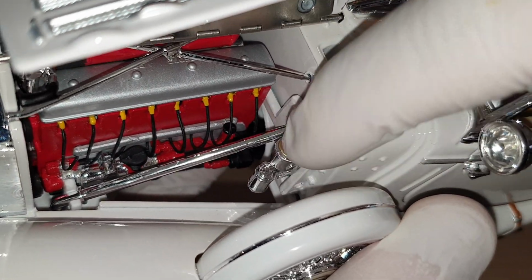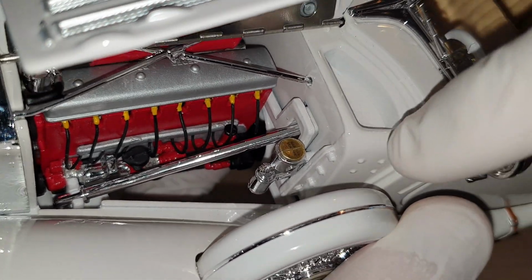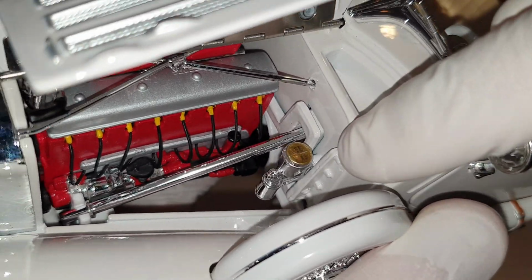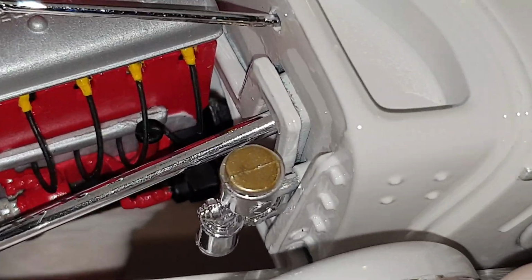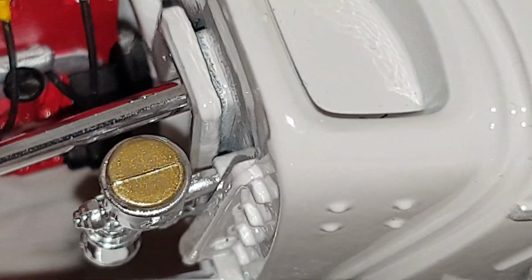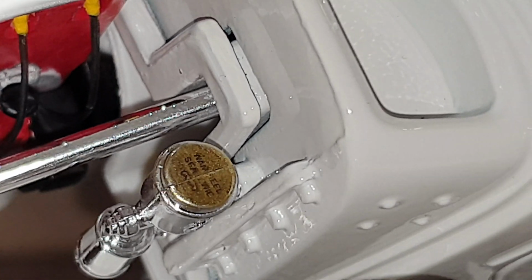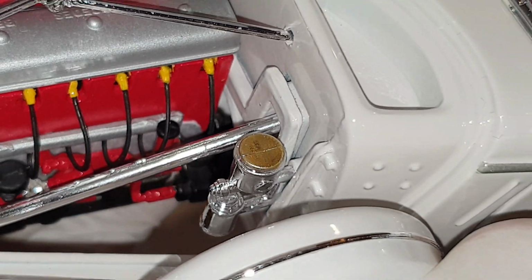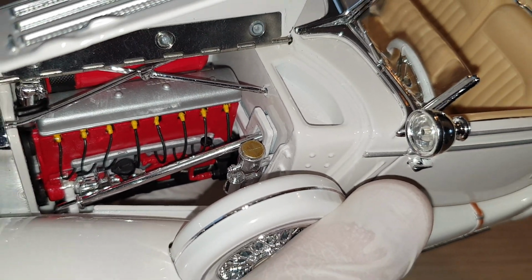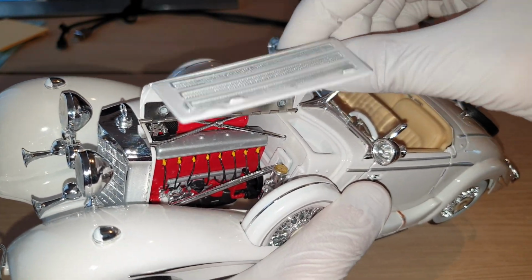That is the original color, the canister with the gold top, so I haven't done anything to that. That's all original, and it looks like there's some sort of writing on it, which I can't quite see, but it's there, you can see it now. So that's all the original color. I didn't do anything. So if we close this side,